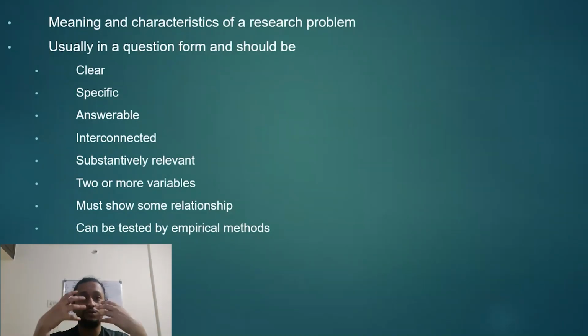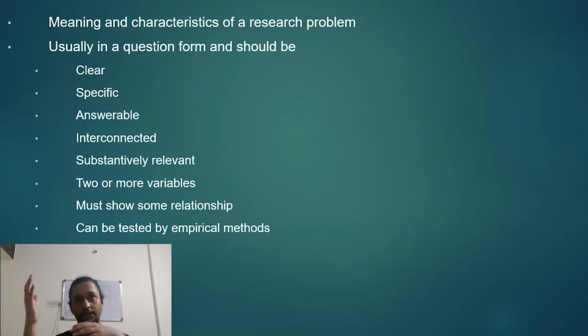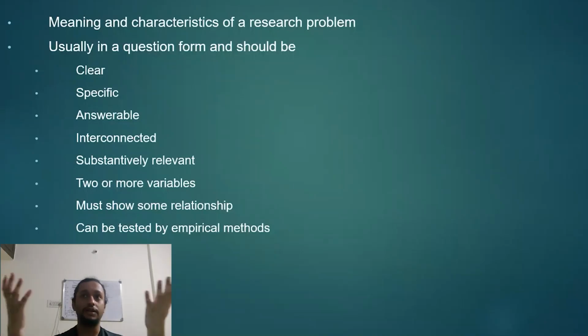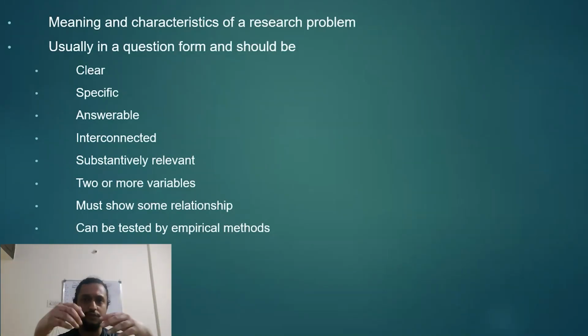So the problem is, what will happen if this happens, or how do we improve X, or what is the relationship between A and B and C? Does A cause B? Does B cause C? Right? Does B come between A and C's process? Right? What are the other elements that are involved in this? Does this questionnaire answer the item? So it's always a question, right? Saying, is this going to happen, or is this the relationship, or are we going to find this, right? So in that sense, it should be clear.